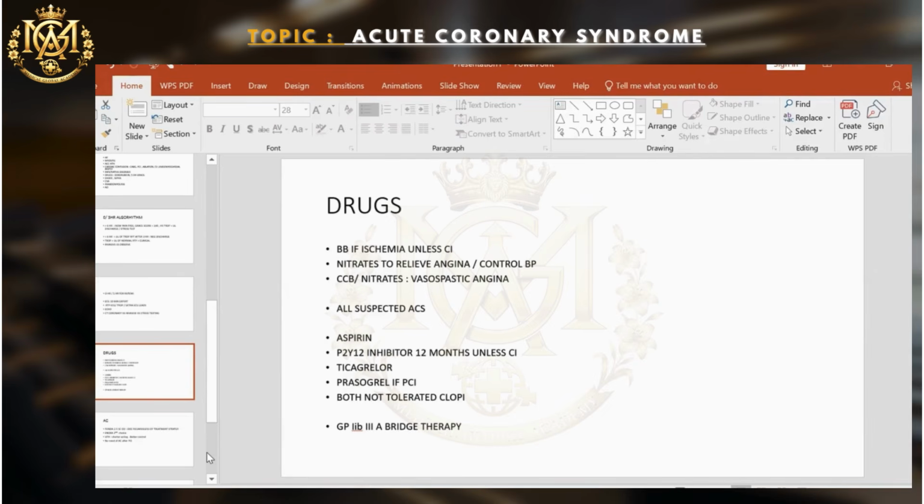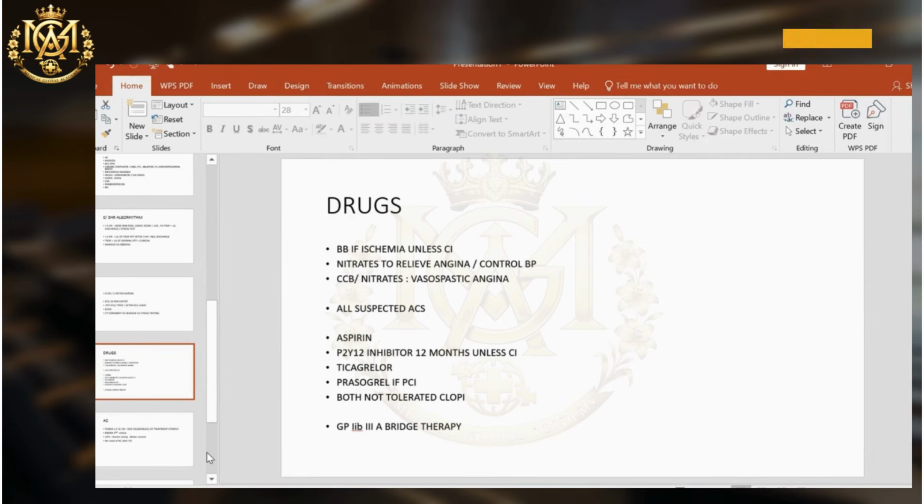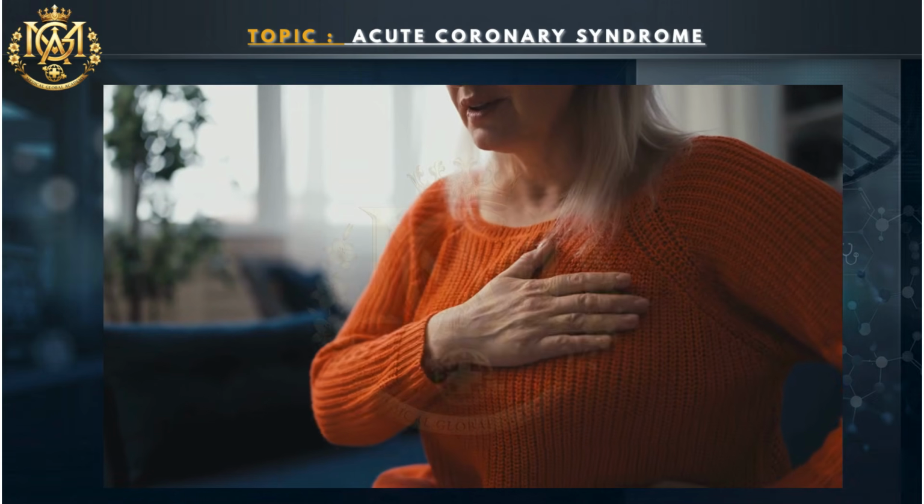While in cases of anterior MI or anterolateral MI, generally, if the